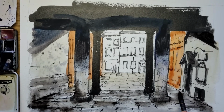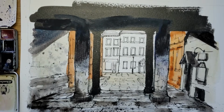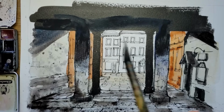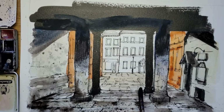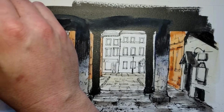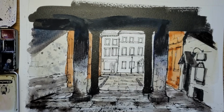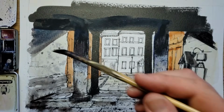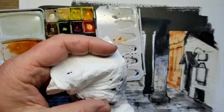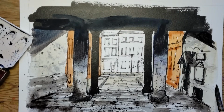So as I build up a little bit of the watercolour on the right hand side, there's a lovely colour pop on there. It's like a bright orange, and I think I'm using transparent Pyrrole orange, which is a Daniel Smith colour, and I'm adding in that lovely orange on the right hand side. Again, I'm using a small mop brush here, which is quite a nice way of applying paint quite quickly and reasonably accurately, but it does tend to hold a lot of paint, so you can cover reasonable areas quite fast. And since this drawing is roughly about A4, it's pretty much a one-stop shop really for this kind of urban